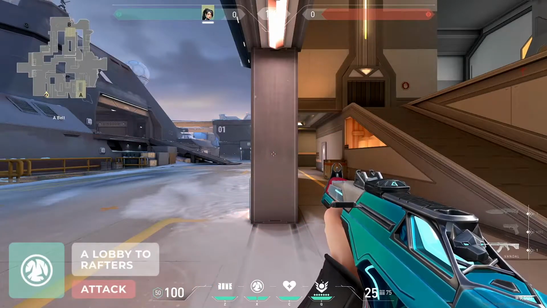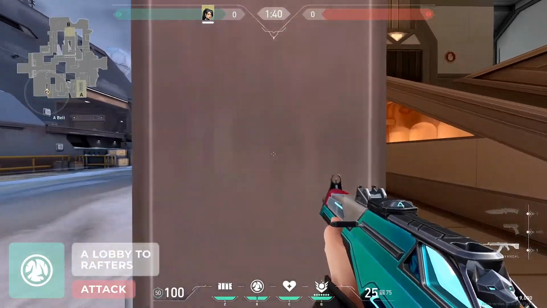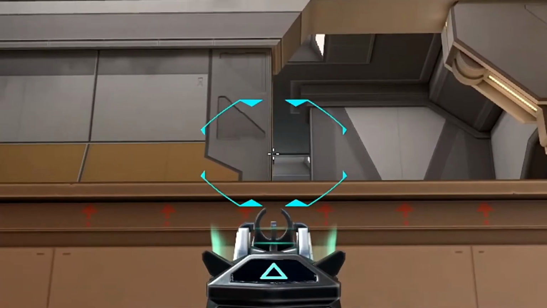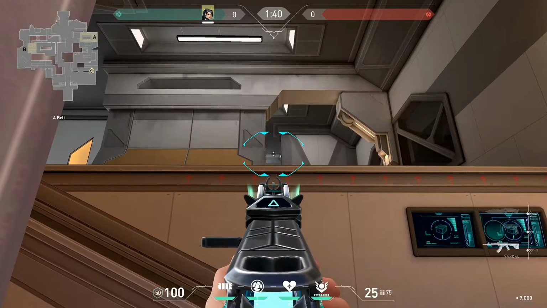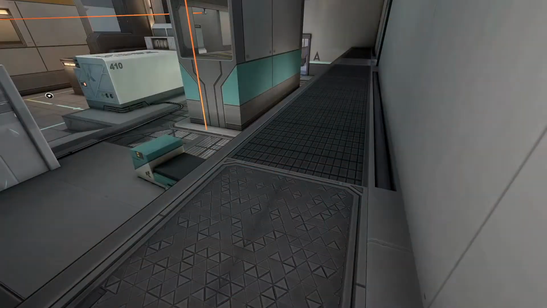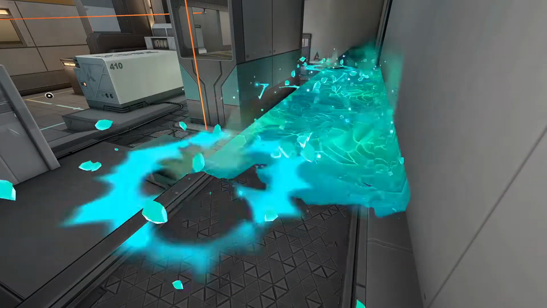To slow rafters, walk straight into the center of this wall. Look towards the direction of A site, then place your crosshair in the center of this dark line near the ceiling, in between the small gap. Then just click to throw. This orb will cover a ton of rafters, which can put a lot of pressure on someone holding an Op